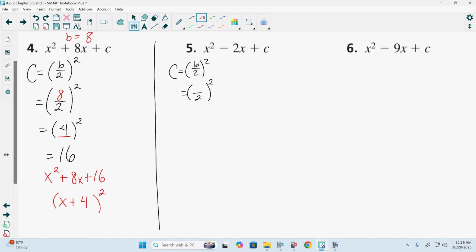Let's do it with our next one, our x squared minus 2x plus c. So what's the value of b? It'd be negative 2. It's not just 2, it's negative 2, because we have minus 2x. Now, negative 2 divided by 2 is negative 1. Negative 1 times negative 1, we can just plug that in, is going to be positive 1. Telling us that our equation is x squared minus 2x plus